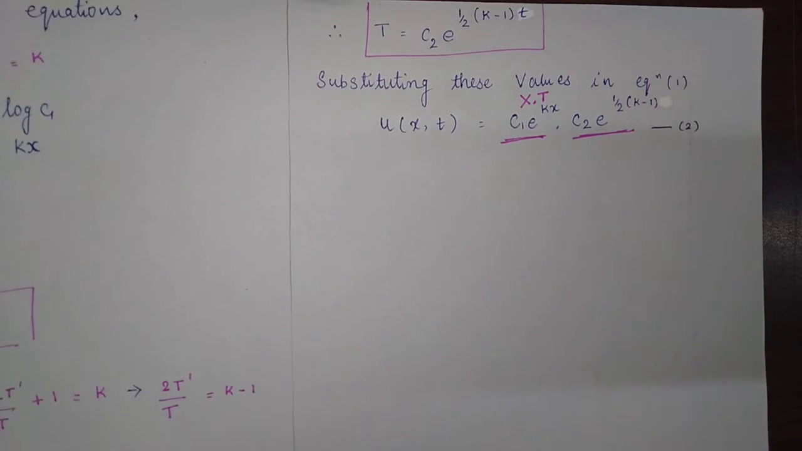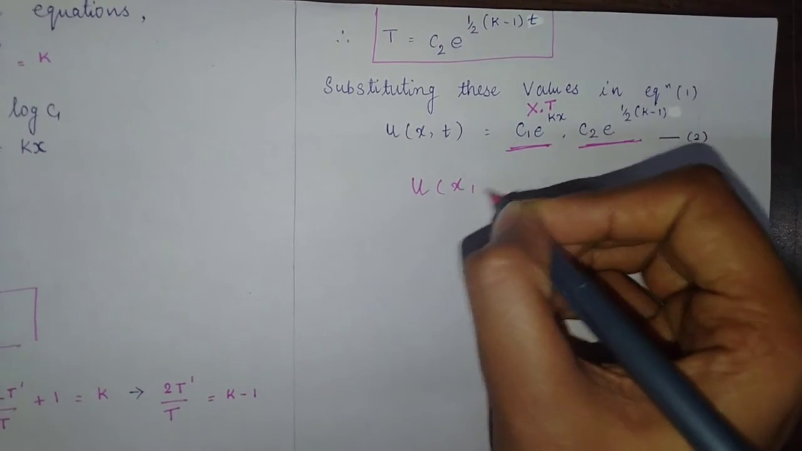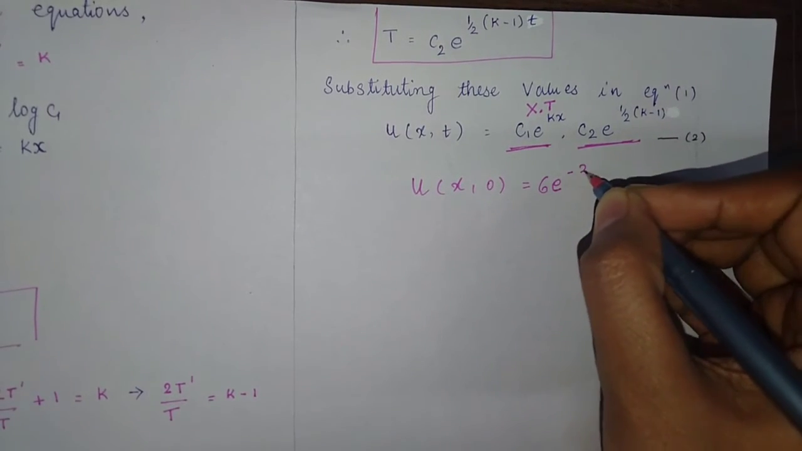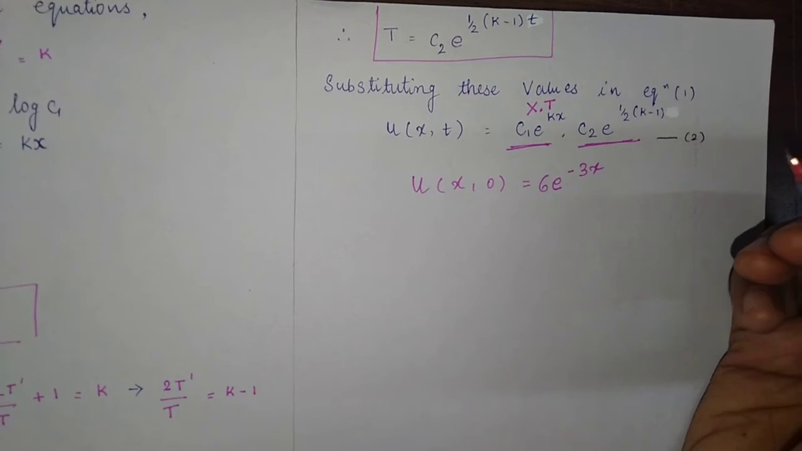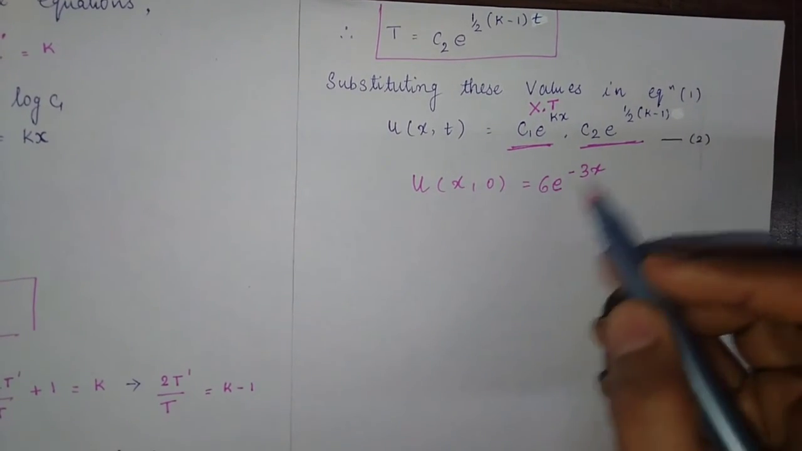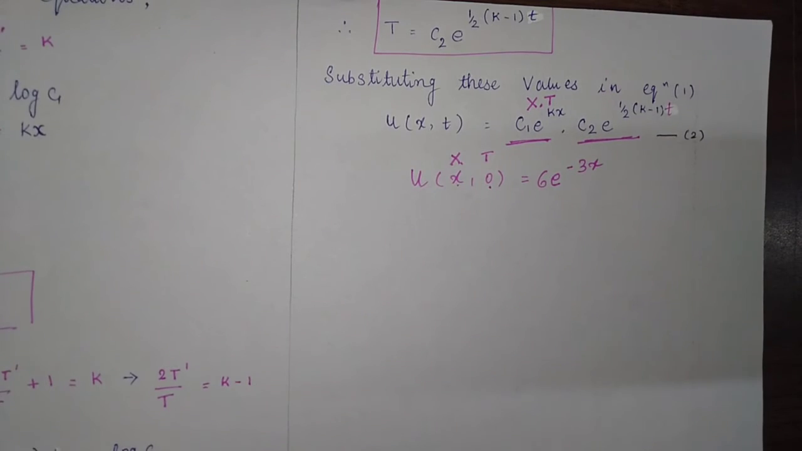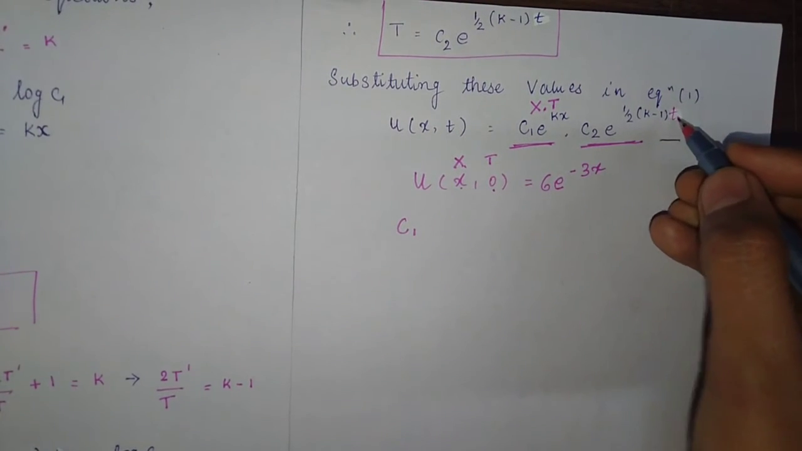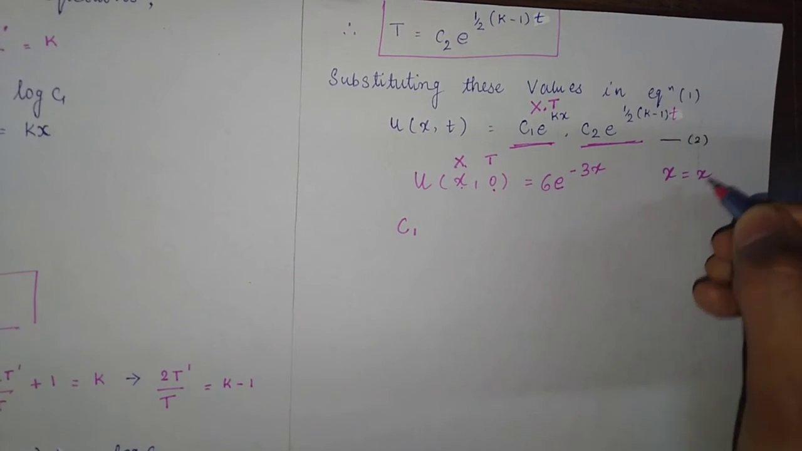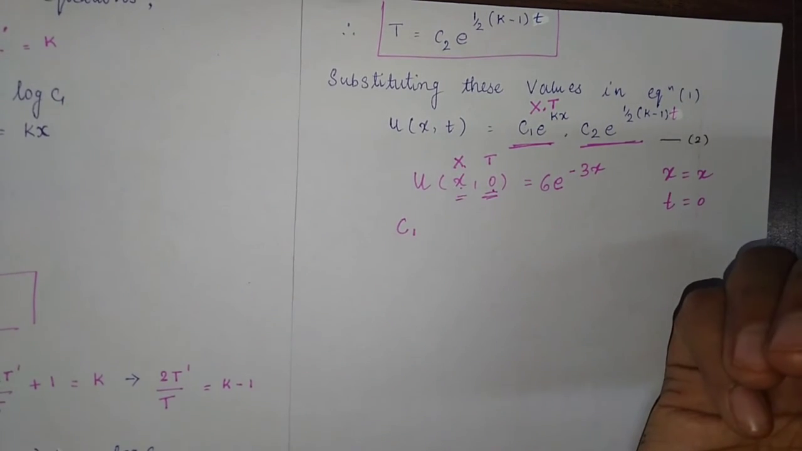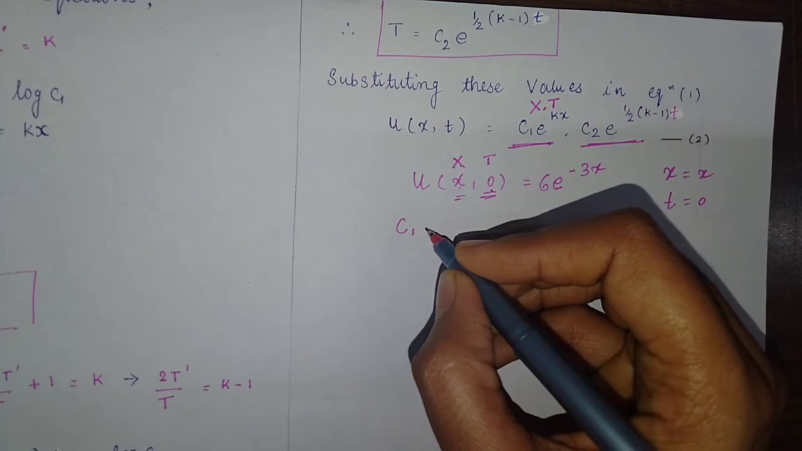So for that, what is given, u of x comma 0 is equal to 6 e raised to minus 3x. We will compare this equation with this. It means that in place of t you have to write 0. In place of x there is x only, but in place of t you have to write 0, because here there is 0. So what we will get, c1